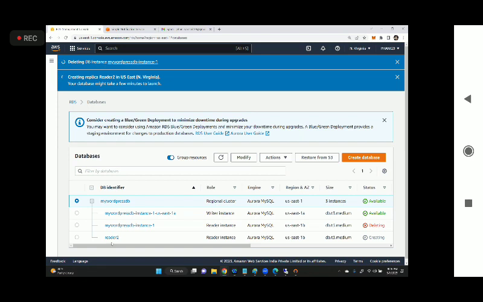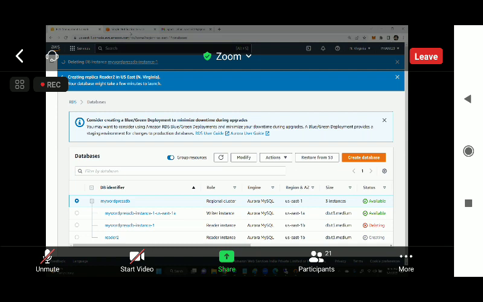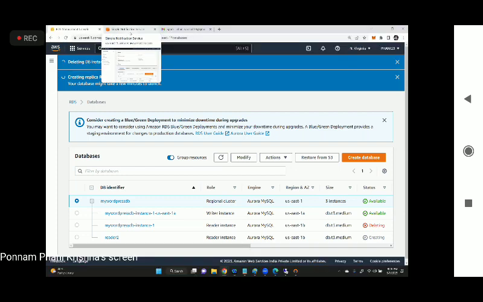Okay, so while they are getting created, the final thing we have to do is configure a CloudWatch dashboard. You have a lot of instances, right? But I want to create a dashboard where I can check the database performance, the CPU utilization of the entire group of web servers, everything. The process is the same, but the thing is what kind of metrics you are going to select. That information will be visible. So while they are getting created, I will go to CloudWatch